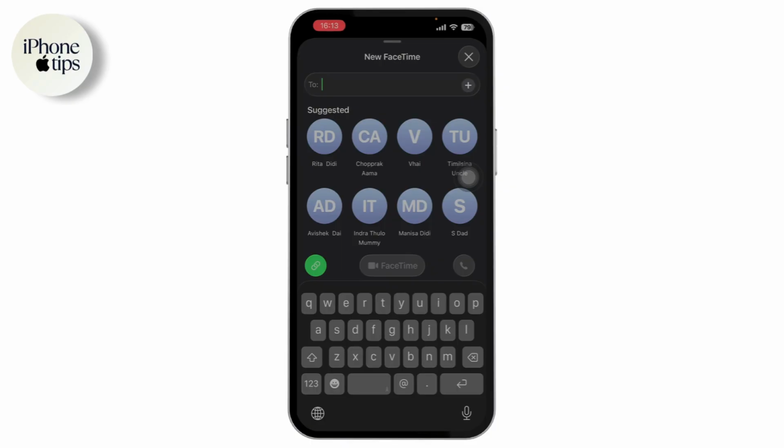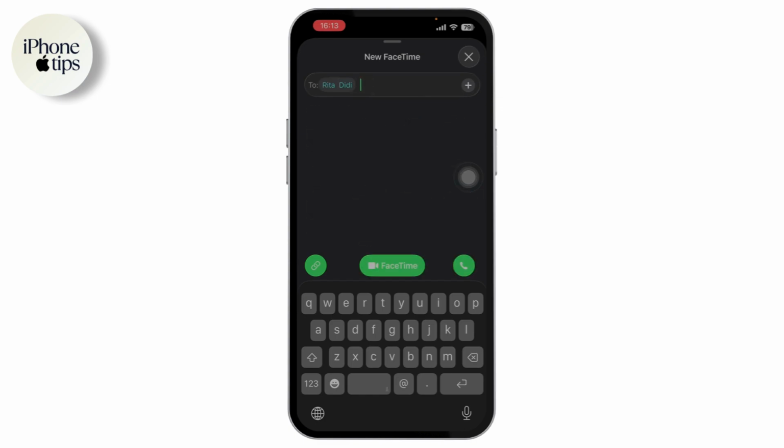And here you will also have two options: either a video call or an audio call. As you can see, I've already selected a person, and here on the bottom, I have a FaceTime call or an audio call. You can pick your option, go ahead and tap on it, and this will automatically start calling the other person